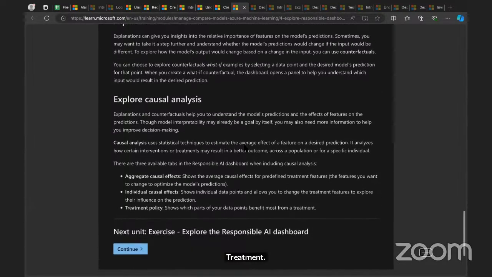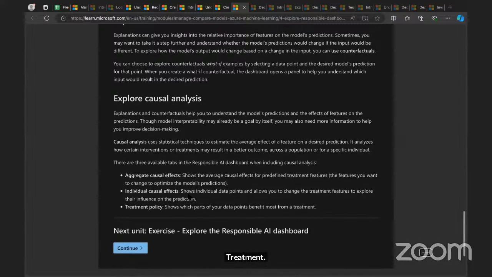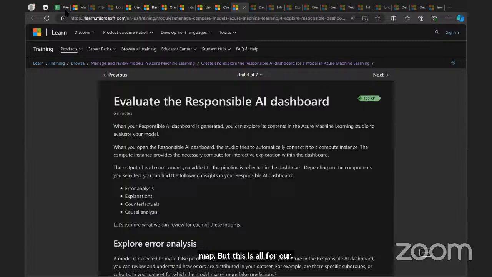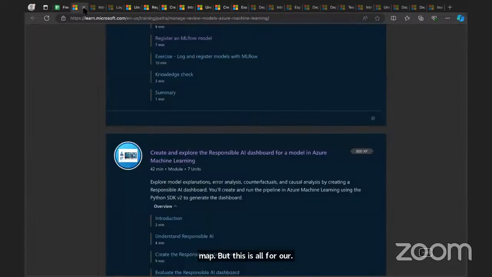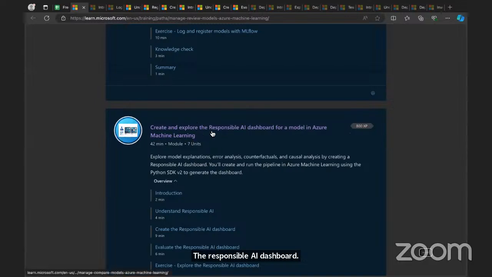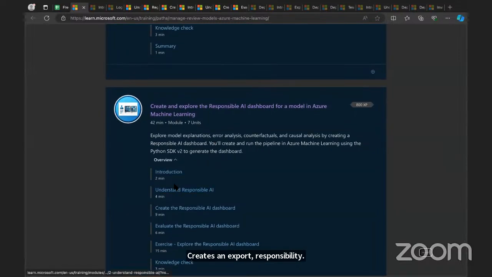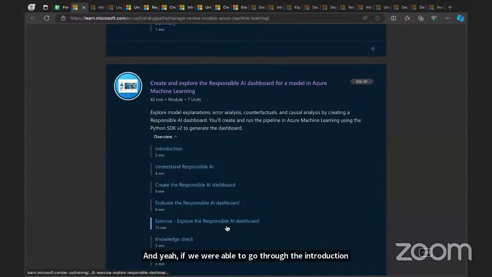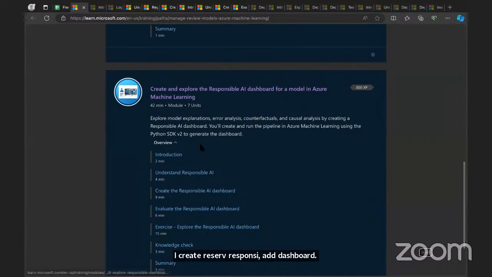Because of time, we could just jump on to the next map. But this is all for the Responsible AI dashboard, to create and explore the Responsible AI dashboard for a model in Azure machine learning. And if we were able to go through the introduction, Responsible AI, create Responsible AI dashboard, evaluate the Responsible AI dashboard. And in your own spare time, you can go through this as well, another check and exploring the